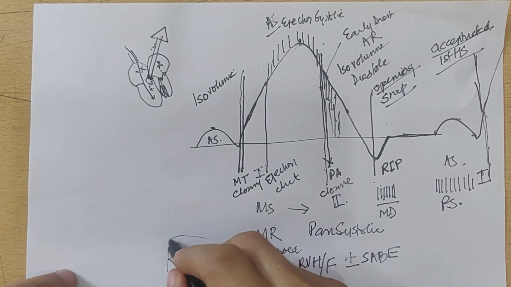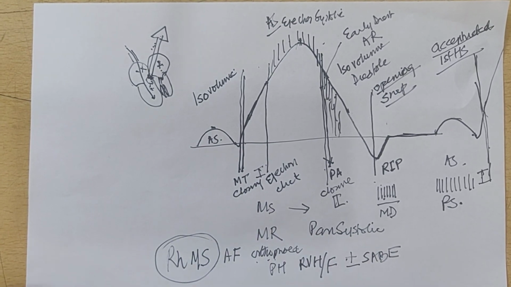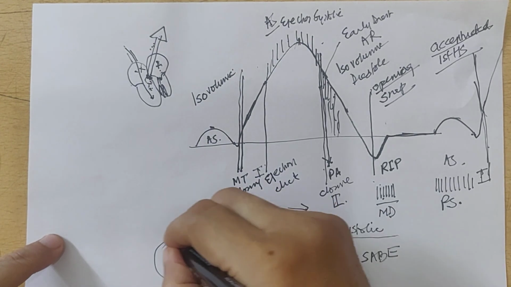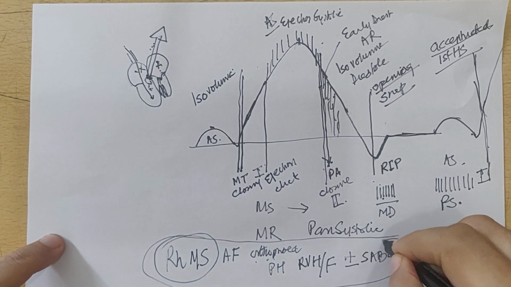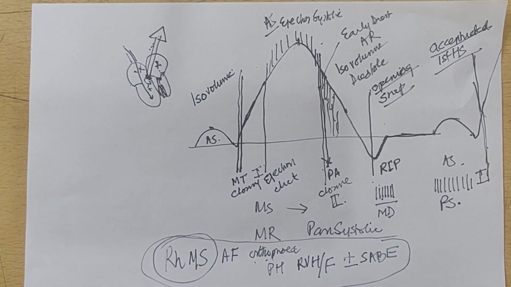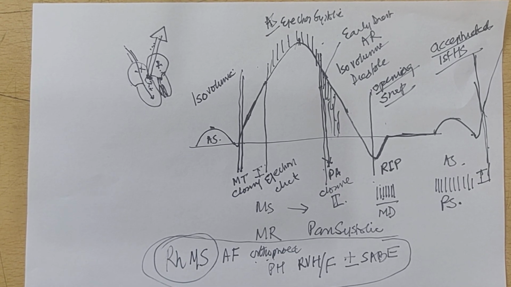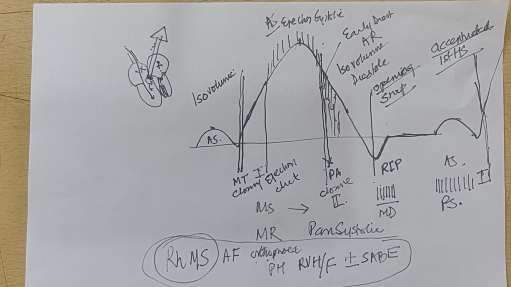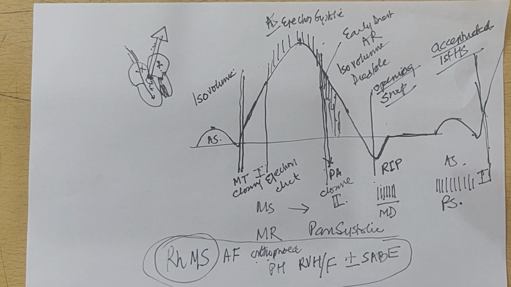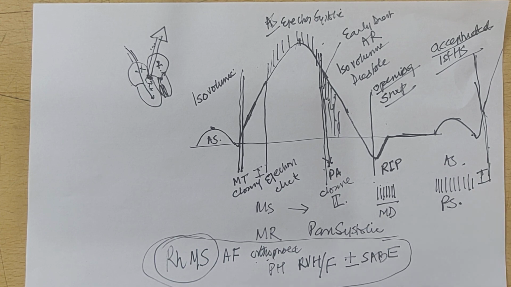If you stop here, you are in a problem. And if you stop in the whole, that means you understand the total pathogenesis of mitral stenosis. So this is how, for the first time that you hear about a condition or a diagnosis, you must understand the pathogenesis and you must be able to give a complete diagnosis.